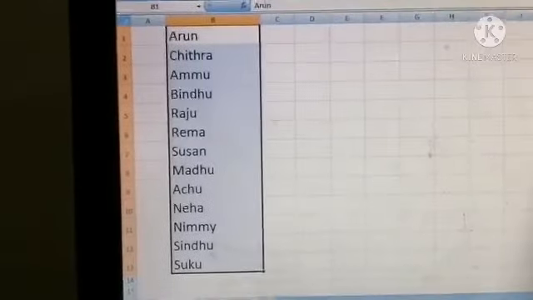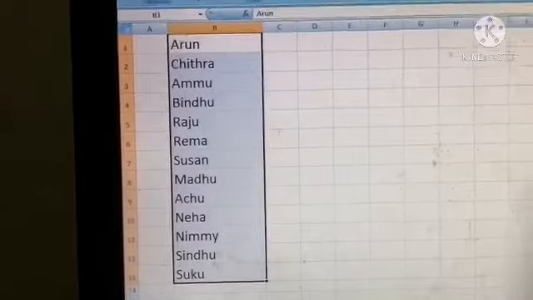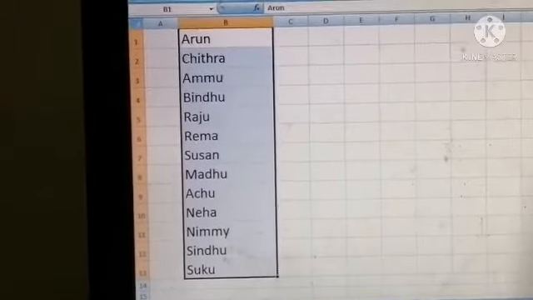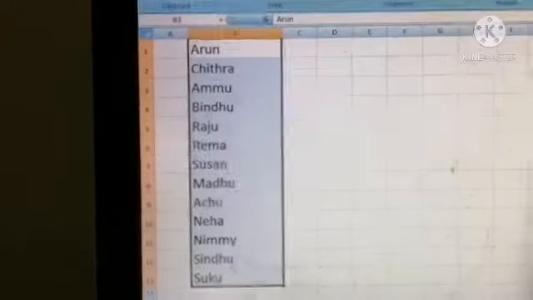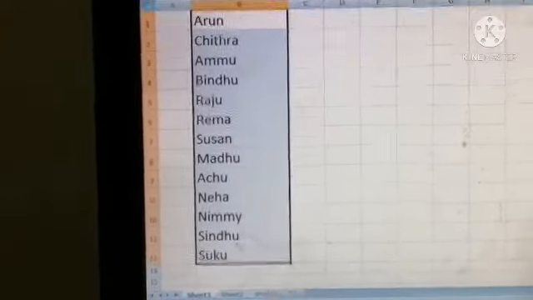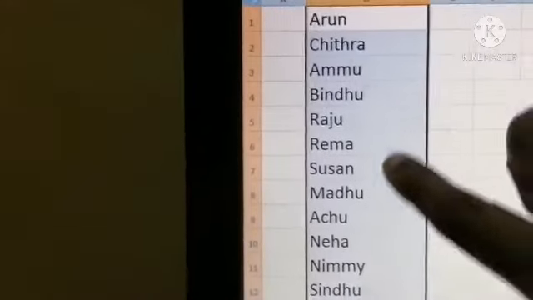Auto numbering means we generate serial numbers 1, 2, 3 for a list of data automatically in this Excel sheet. Look here, so many data are there in the Excel sheet.